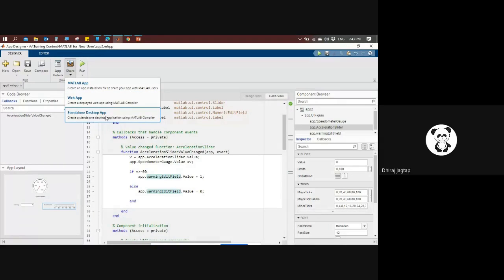You can also create the standalone desktop app, so that, for example, if a user doesn't have MATLAB installed on their system, they can still use your created GUI or apps using MATLAB Runtime. Okay, MATLAB Runtime is a tool that is available free of cost on mathworks.com. So you can install it and run the apps your friends or colleagues created on your system, right? If I click on the standalone desktop app,